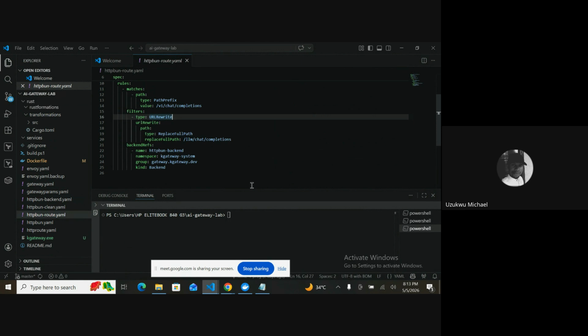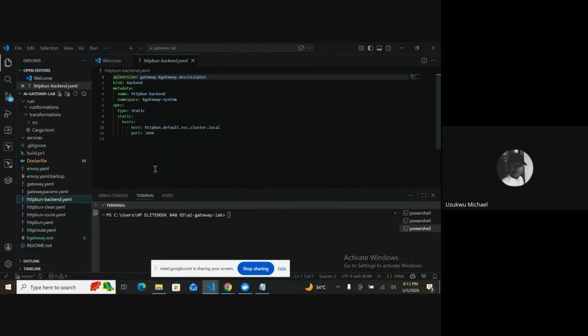This URL rewrite is very powerful in that it helps to transform the standard endpoints that a normal LLM would expect. It routes it, so it transforms it to what your LLM, depending on what you have, would expect without actually breaking much in your system. The other file is the backend, that is the destination